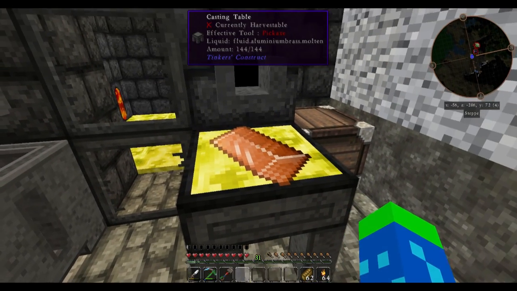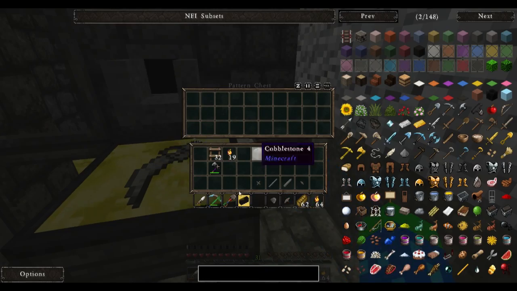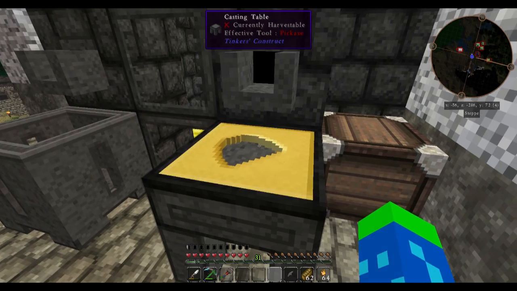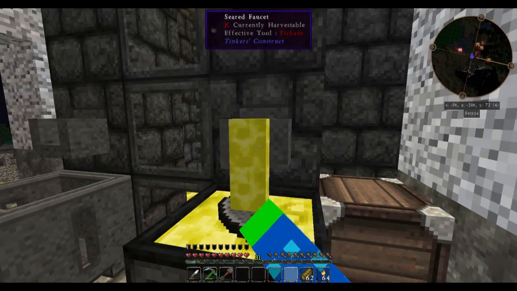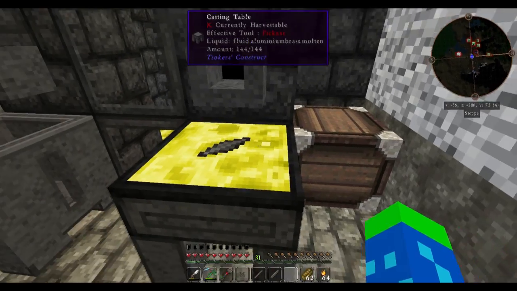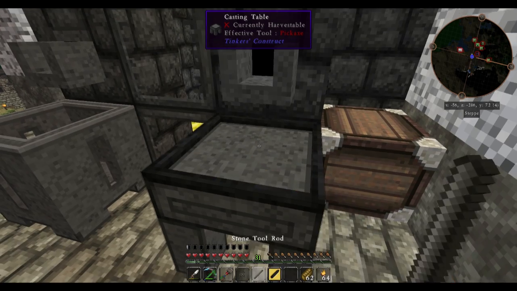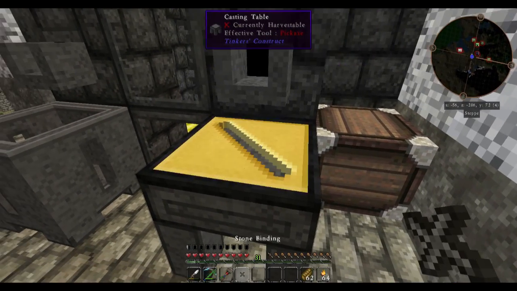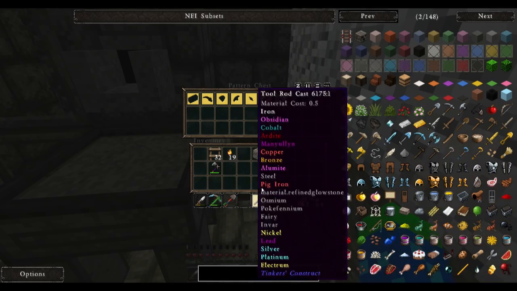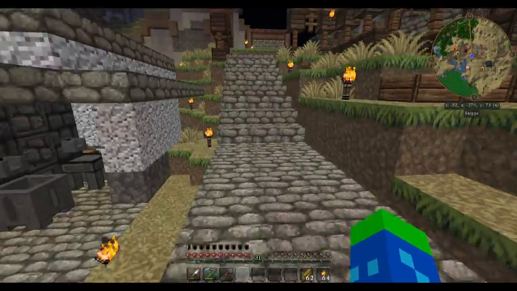So I'm going to start off by making these casts. Here we go. Let's go with the pickaxe head, the shovel head, the axe head, the crossbar, the sword blade rather, the tool rod, and finally the tool binding. Excellent. And now that I've got additional casts,